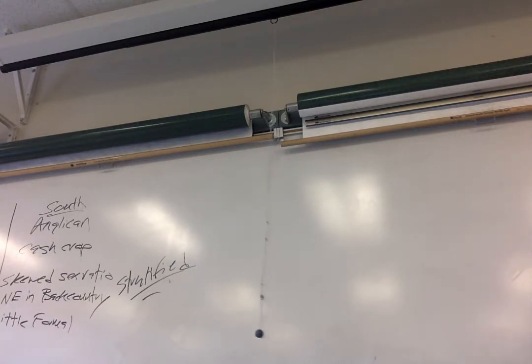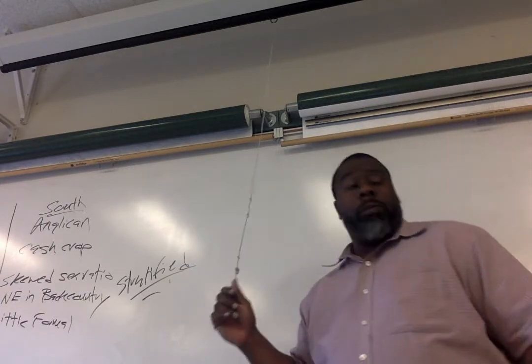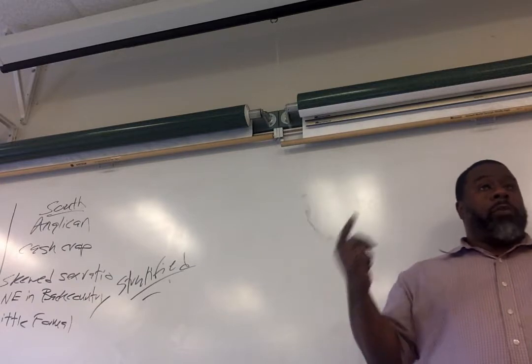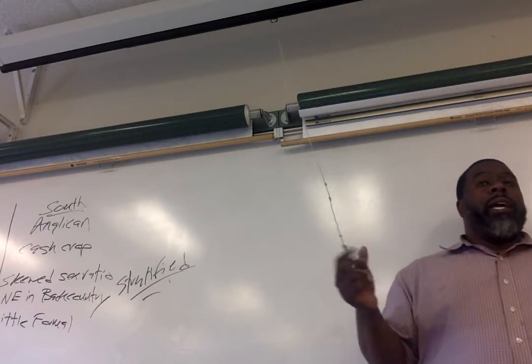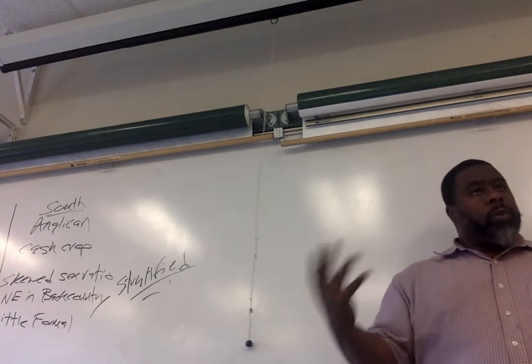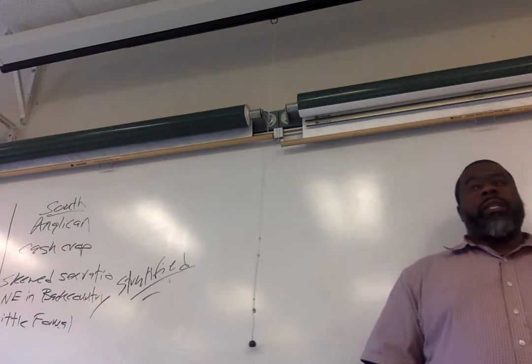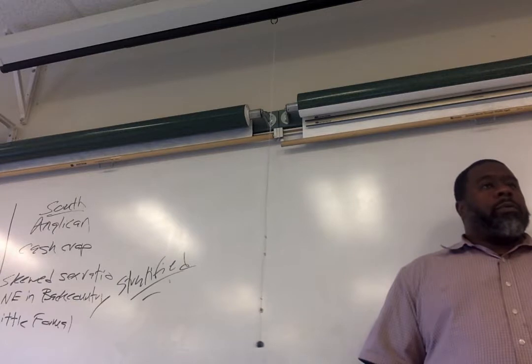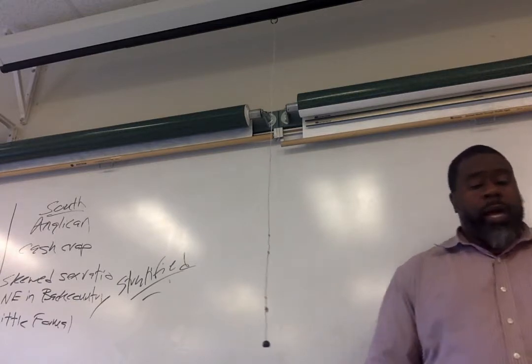But where would you go if you were a non-English immigrant? Which of the three regions do you think? The middle. Because if you weren't Puritan, you didn't want to necessarily go to New England. And if you were, say, a German farmer, most of the German immigrants at the time were farmers, you didn't want to go to slave-controlled colonies in the South. You wanted to go to this middle colony.